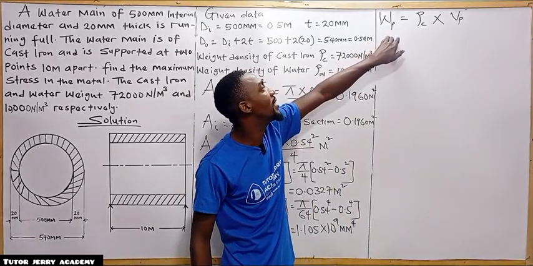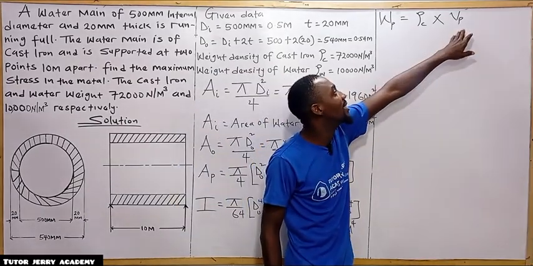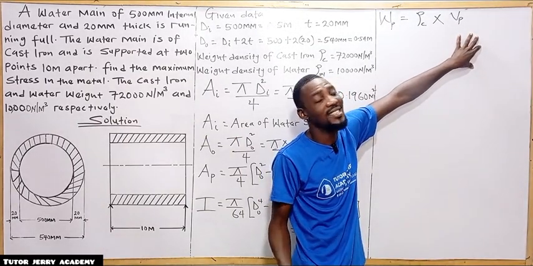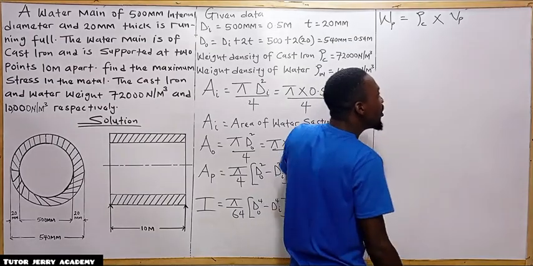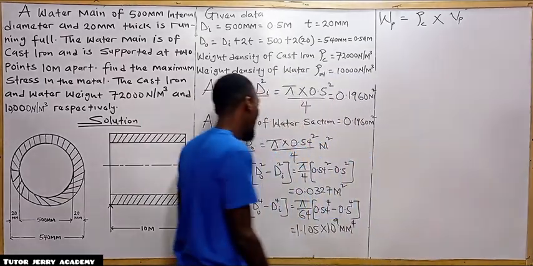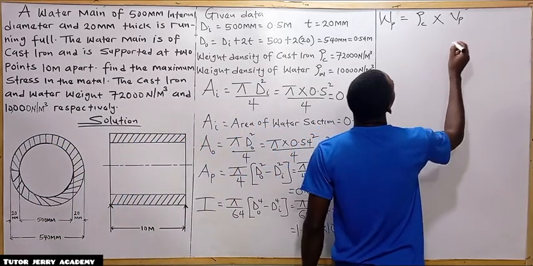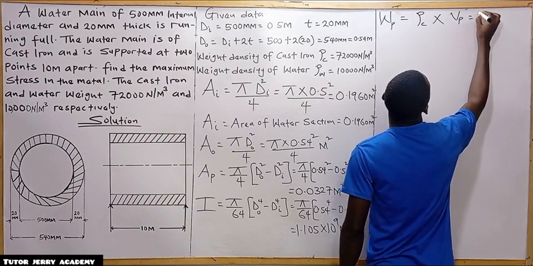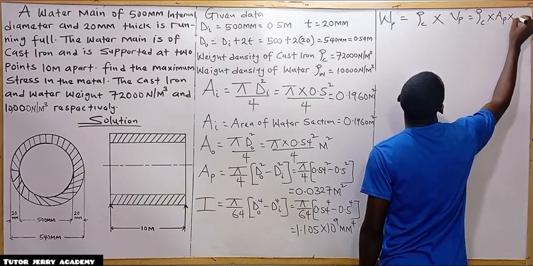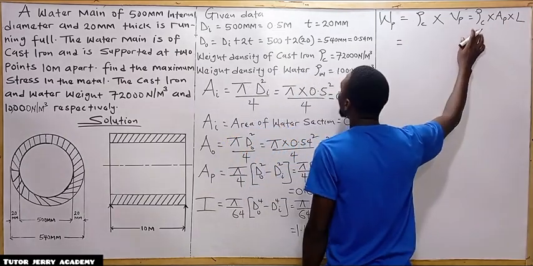So we want to find the weight of the pipe section. And we know that our volume is nothing but area times length. So here it is going to be the area of the pipe section, which we have calculated here. So this will be equals to weight density multiplied by area of the pipe section multiplied by length, right? So if we substitute, we are going to have